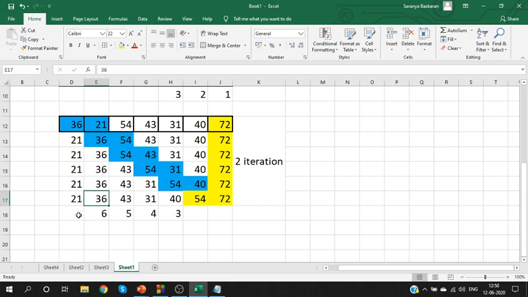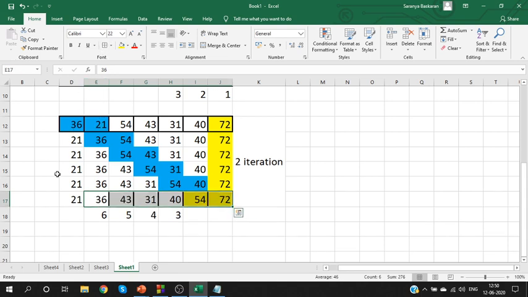Sixth iteration, sixth element will be in the right place. Now think about it. Is it necessary to do a seventh iteration? Is it necessary? No. With 6 iterations, 6 elements will be in the right place. Let's consider last 6 elements will be in the right place after 6 iterations. Yes. So how many elements are remaining? Only one element is remaining. So definitely it will be in the right place only.